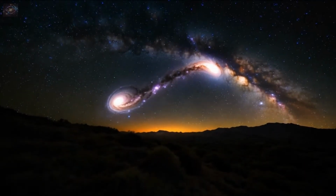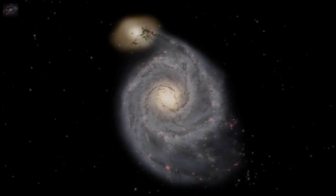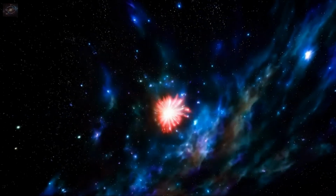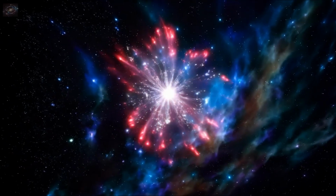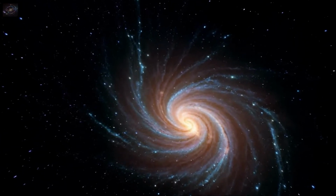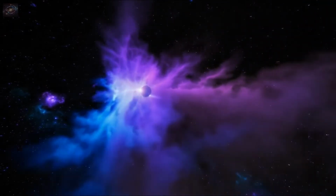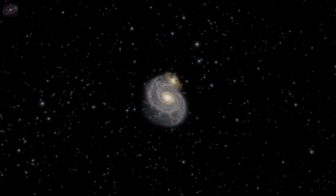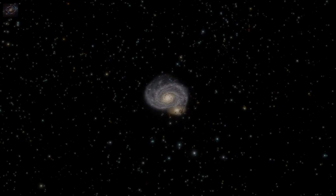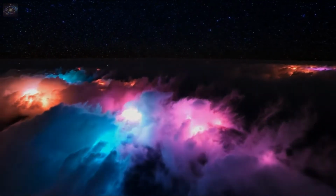The interaction between the interstellar symphony and its companion has also reshaped the orbits of stars within the primary galaxy. As the smaller galaxy's gravity pulls on the whirlpool's disk, it creates complex patterns of motion that can be observed using spectroscopic techniques. These patterns offer a unique window into the dynamics of galactic disks and the long-term effects of tidal forces. By studying these motions, astronomers have gained a deeper understanding of how galaxies settle into equilibrium after collisions and mergers. The whirlpool system has also been a